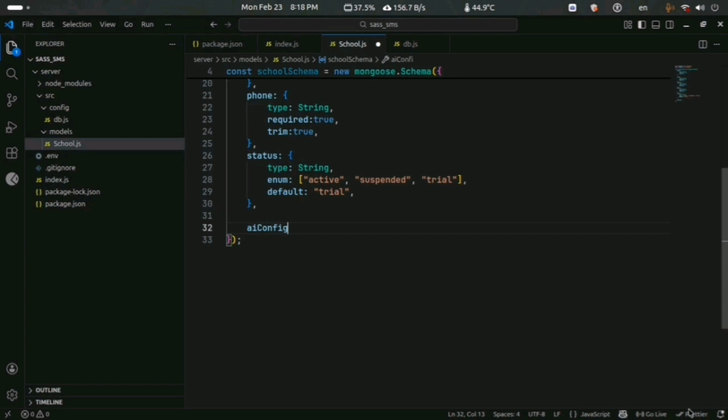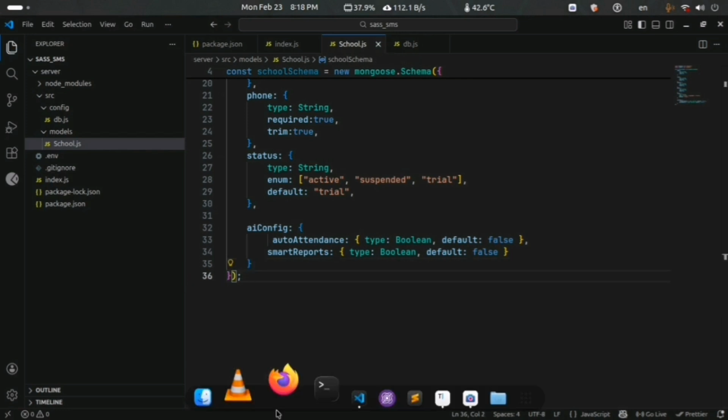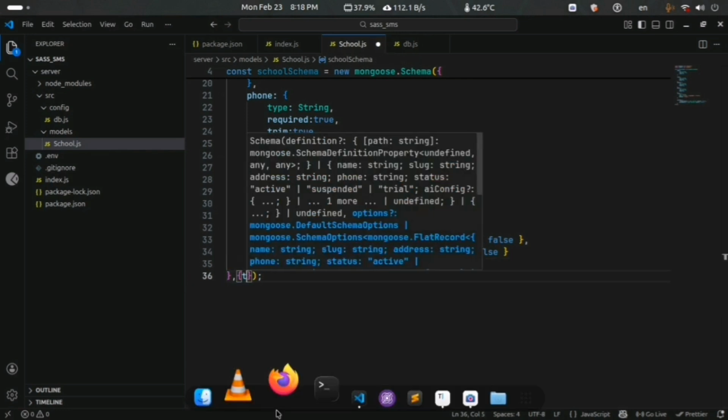So add aiConfig object. Inside it, autoAttendance type Boolean default false, smartReports type Boolean default false. Now we need to add timestamps true.